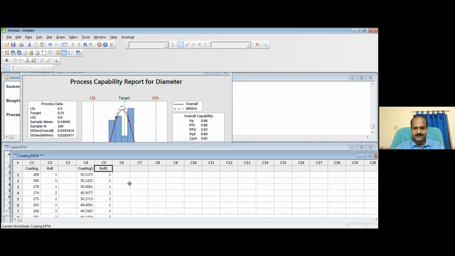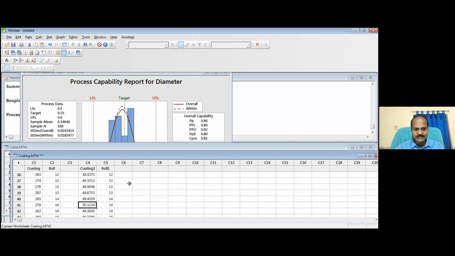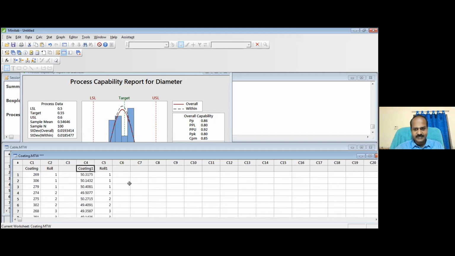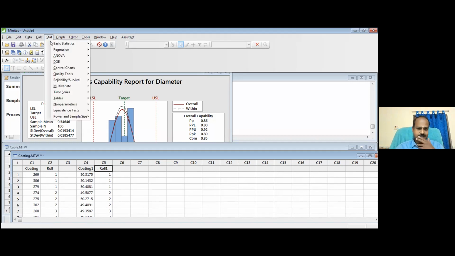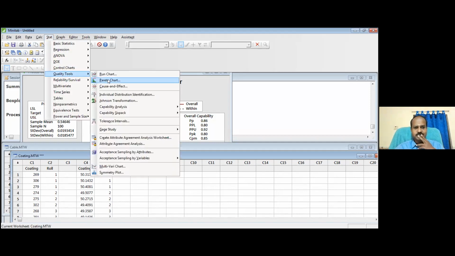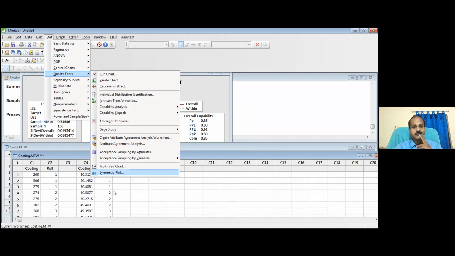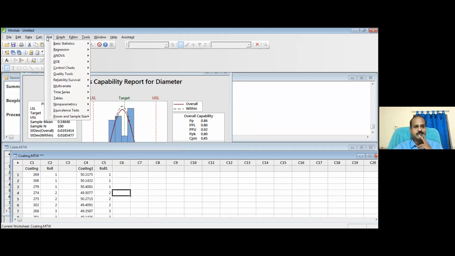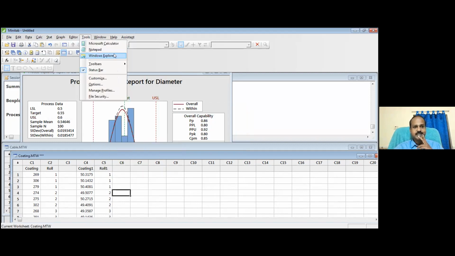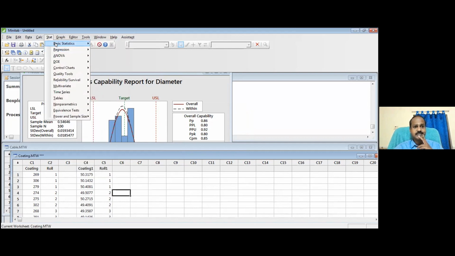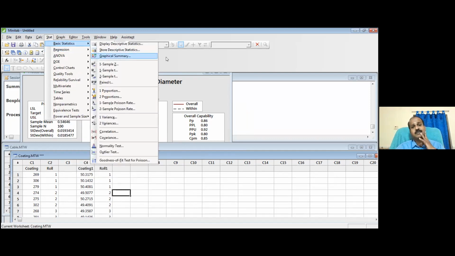Yeah, I think my screen is visible now. Minitab screen. You see here, column 4 contains the coating data, which I discussed, and column 5 contains the row. Now go to Stat, Quality Tools, Capability Analysis, Normal. But I should first know whether my data follows normal or not. Let me check that. Go to Stat, Basic Statistics, Graphical Summary.